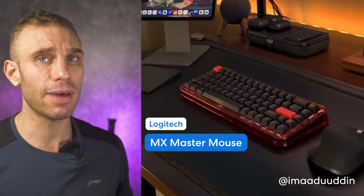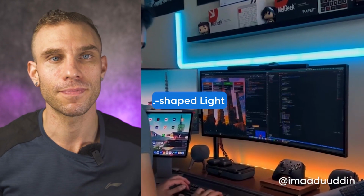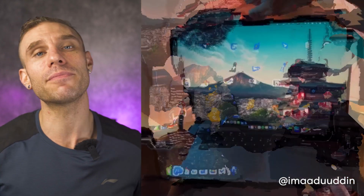Now, looking at his peripherals of choice, he has a Logitech MX Master mouse with what looks to be a custom-built mechanical keyboard. Imad has some really cool lighting in his setup with some leaf lights that give the whole ambiance a nice warm glow, some desk-mounted LED strips, and an L-shaped light behind his monitors. He's done an awesome job at tucking away a Mac Mini under his desk, and the entire setup looks really